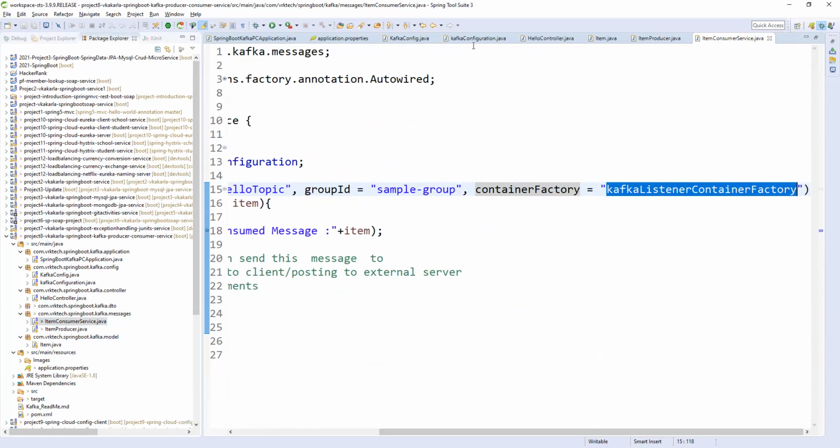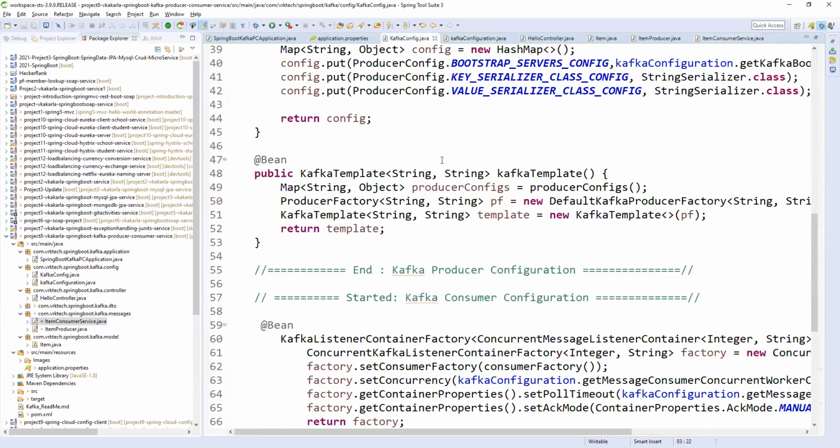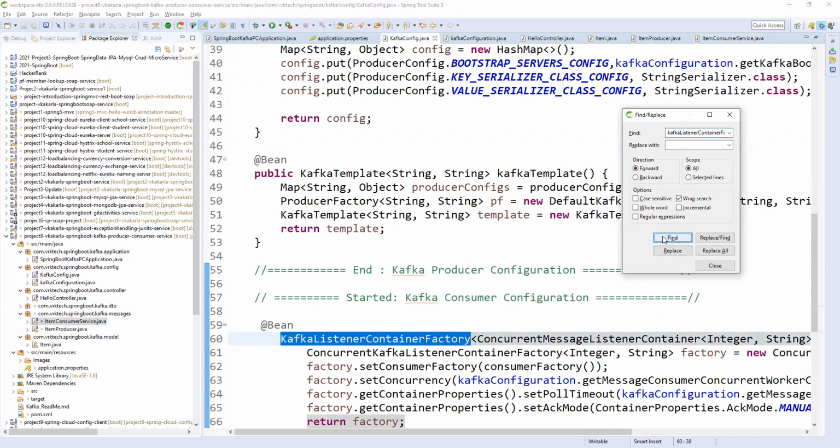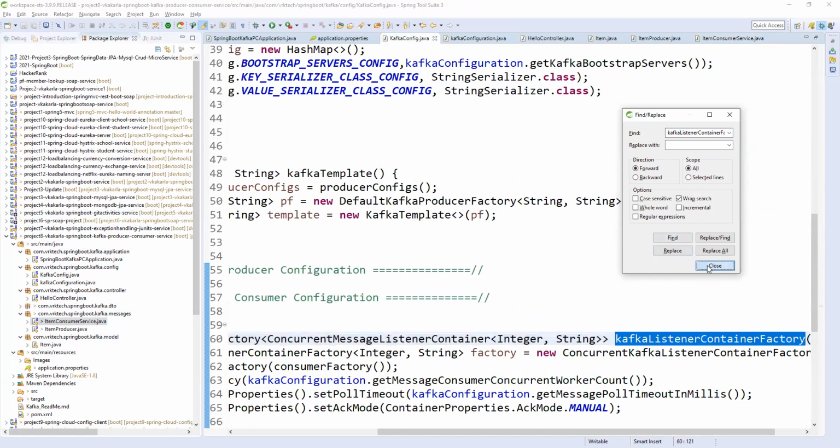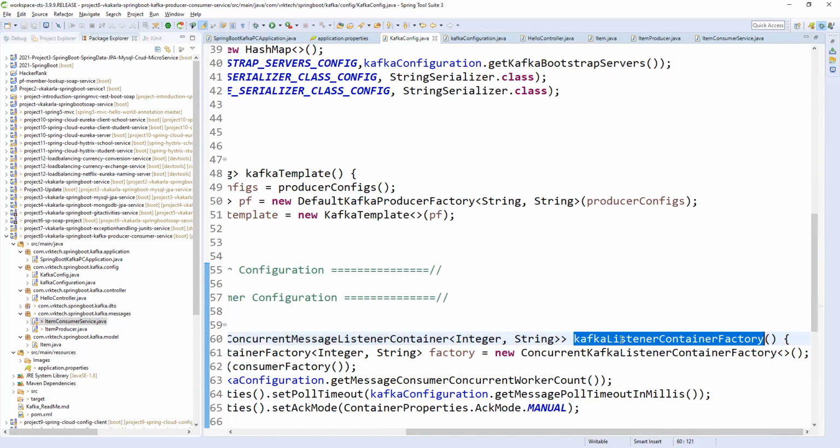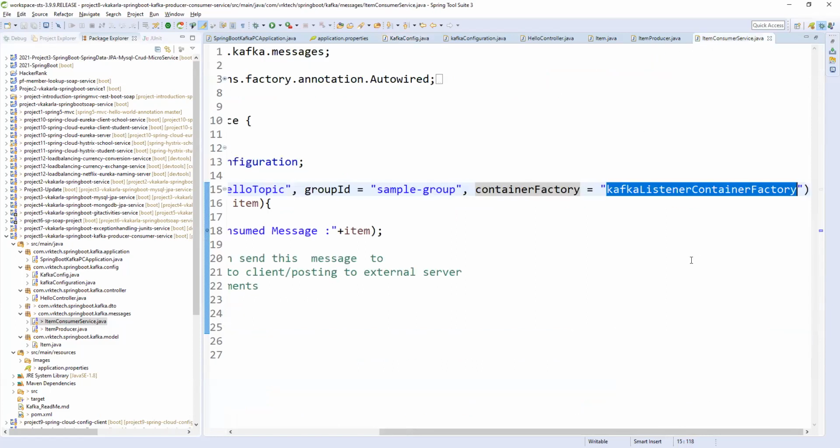If you go to the Kafka configuration, see, this is what I took here: the container listener factory from my configuration. I took it from there and gave it here, so it will read whatever properties I configured.